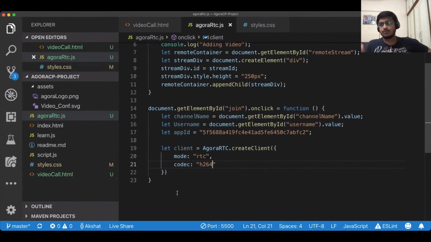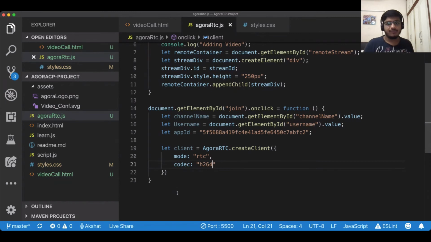Some browsers support one, some support the other, and some support both but work better with one. Depending on what your user base uses, you can find that out through something like Google Analytics. You can set your codec, or you can also keep a drop down in your website and take it from that input field, like what codec the user wants to use.